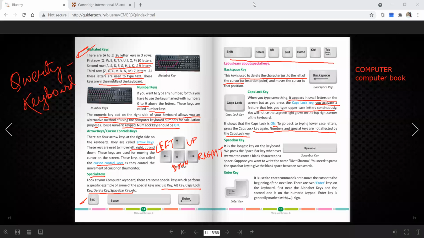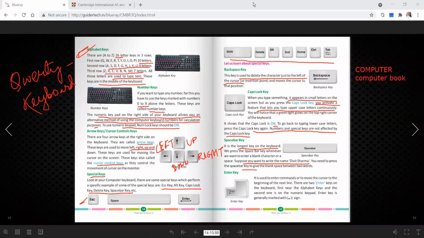And the space bar is the longest key on the keyboard. If I ask you which is the longest key on the keyboard, you have to answer that the space bar key is the longest key. We use it to enter a blank character or a space. Suppose you want to write the name Divit Sharma, your name also you can write. You need space bars.